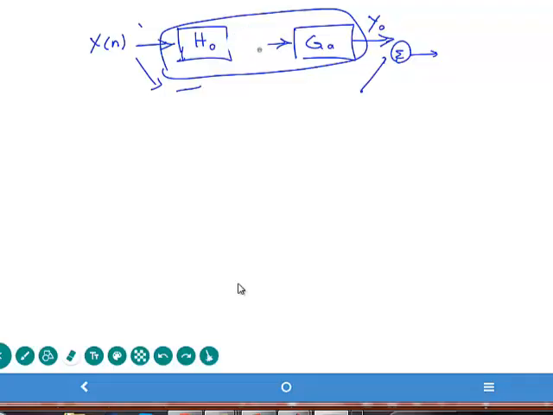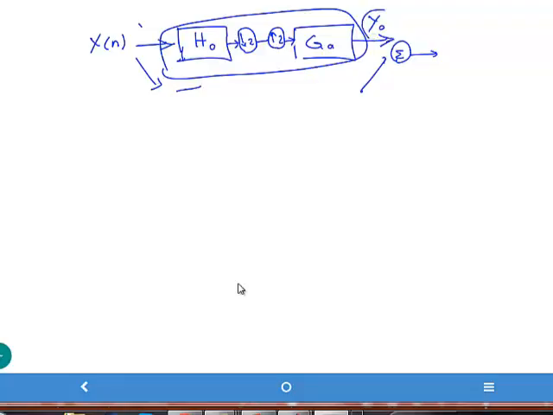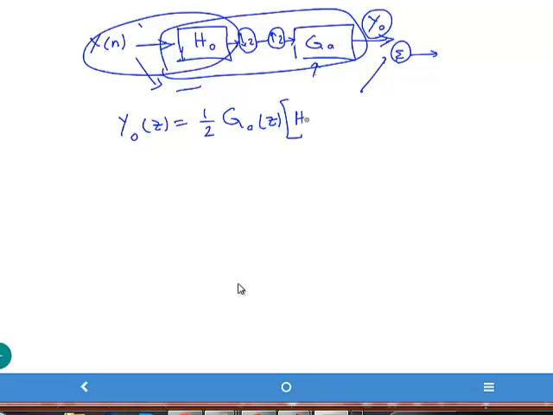so we have down sample and up sample also here in the line. So now if we're just looking for the first one, y0, we're talking in Z domain, so the y0 would be 1/2 of this g0, so the filtered version, this g0 times this first part, so h0 x of z plus